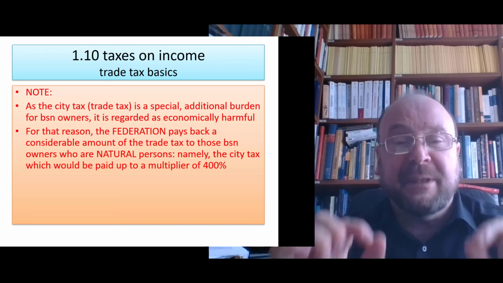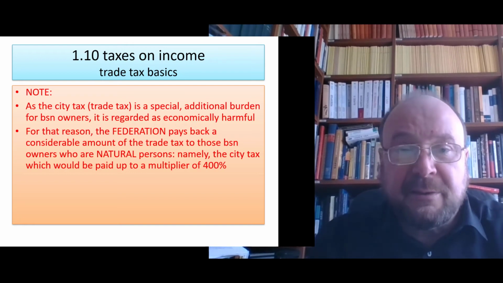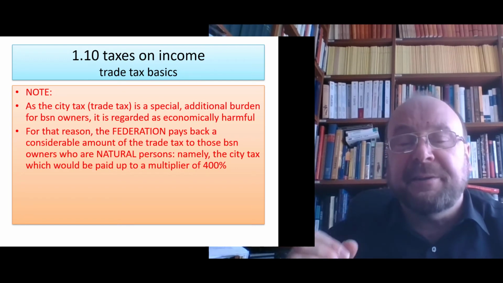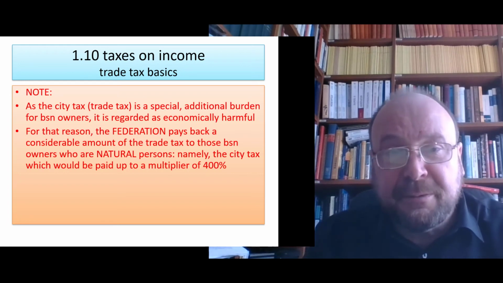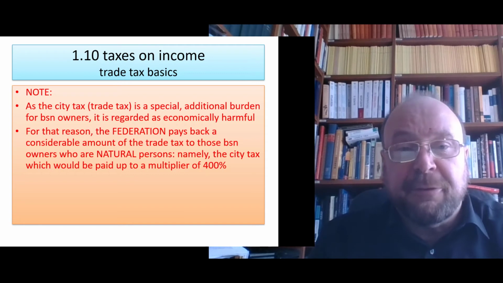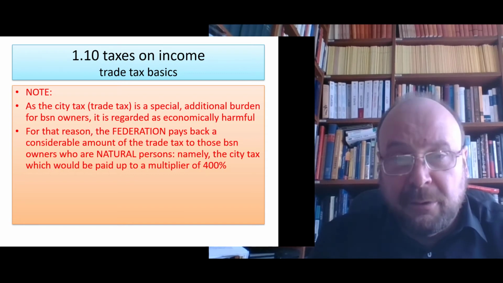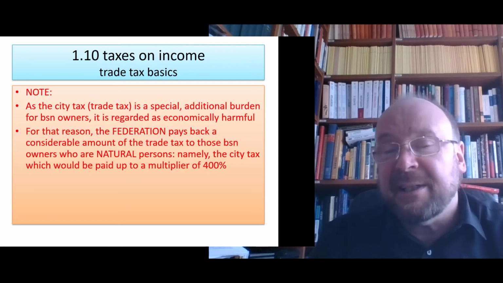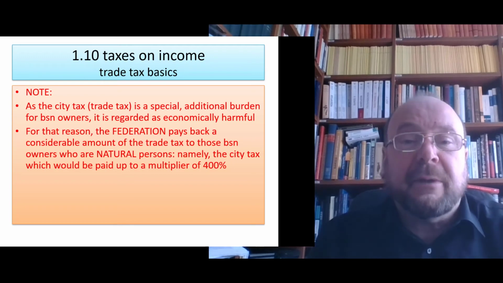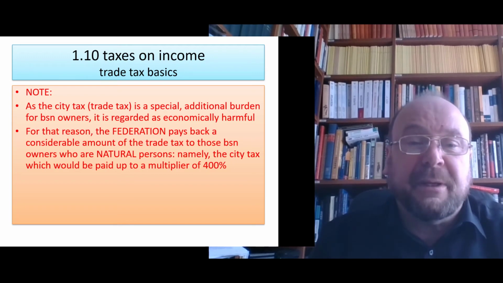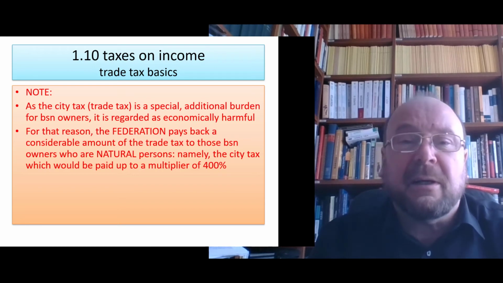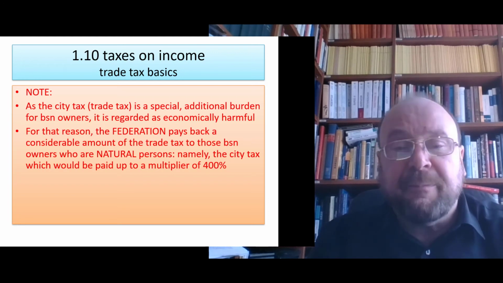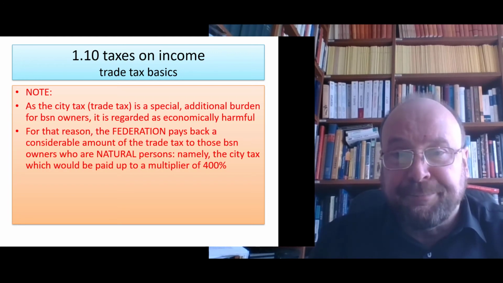And that, ladies and gentlemen, means nothing else than that what you paid to the trade tax is in an indirect way refunded to you by the federation when it comes to paying income tax. Because if you owe them an income tax of 450 euro and you can prove to them that you already paid 200 euro as trade tax, then they say, okay, then we credit that, we regard it as a prepayment to income tax, and we only ask for the exceeding amount of the remaining 250. So indirectly, the federation pays your trade tax.